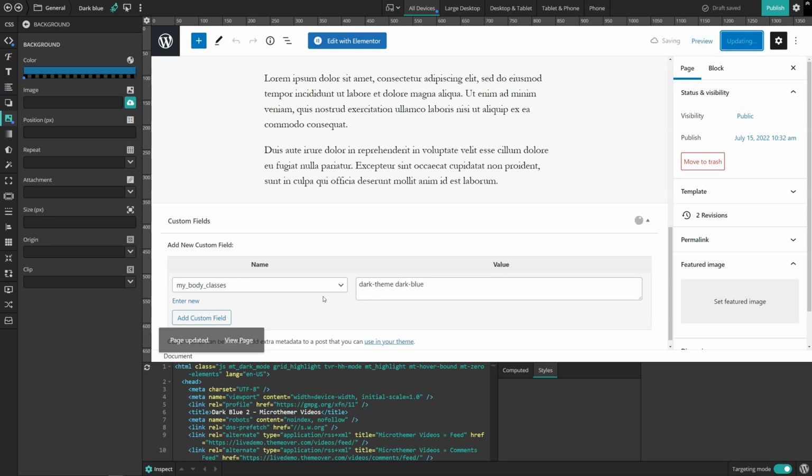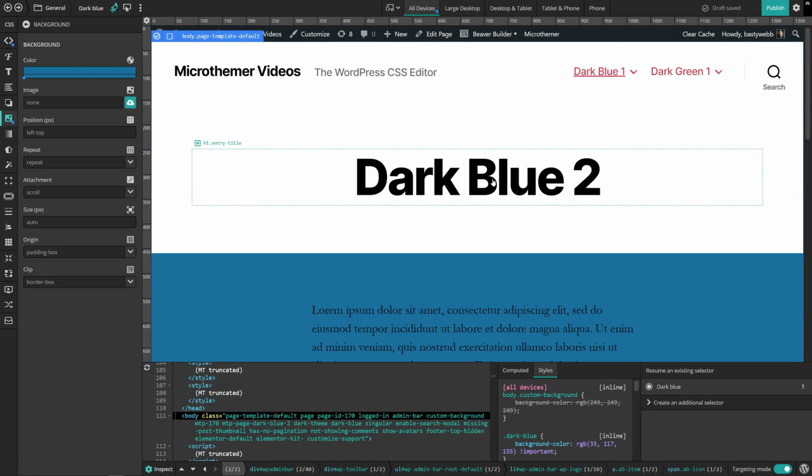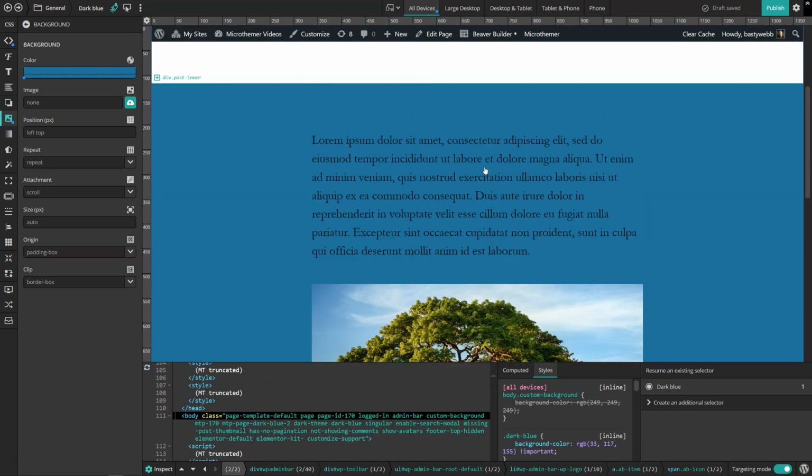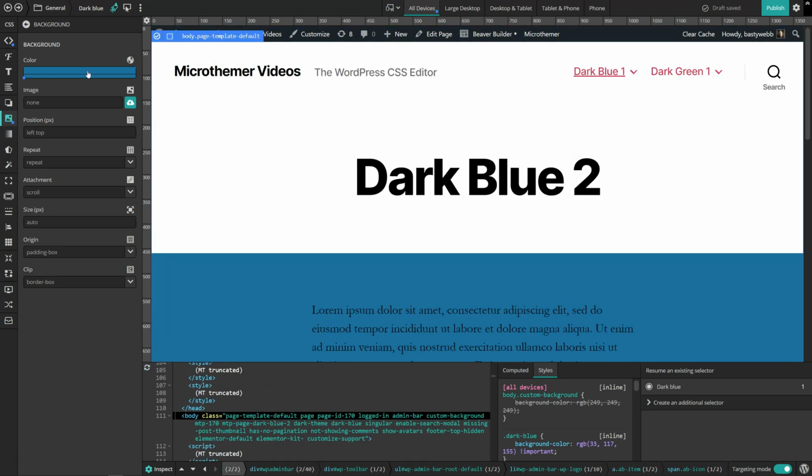And so update that and then go back to the page. Then we've now got our dark blue color without having to change any of the settings applying to another page. If we wanted to do something similar for some green pages, so I'm going to go here and set